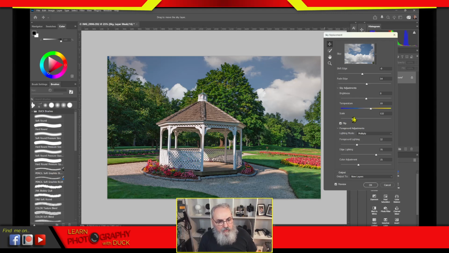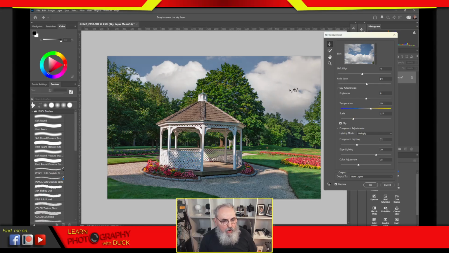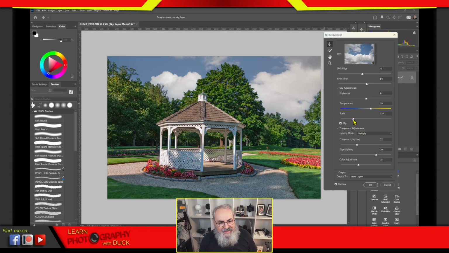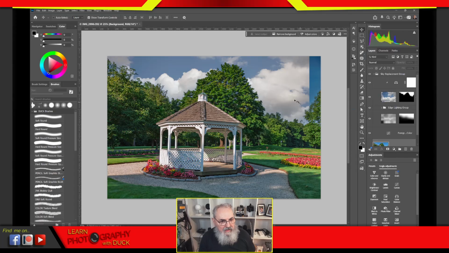And of course, we can play around with scale. If your image is a little bit too small, or if there is something on the edge that interferes, or maybe you're not quite liking the way part of the clouds sit, you can play around with the scale in order to make it fit. I'm going to bring that back to 100 because I like the